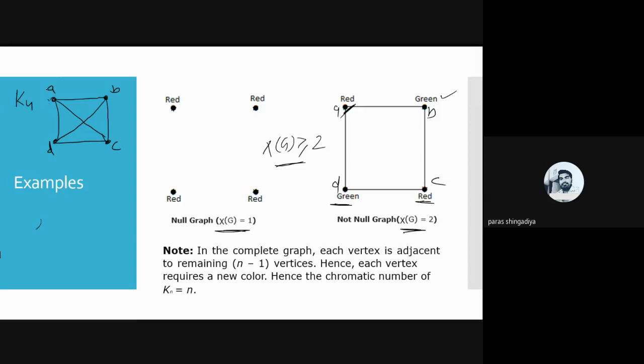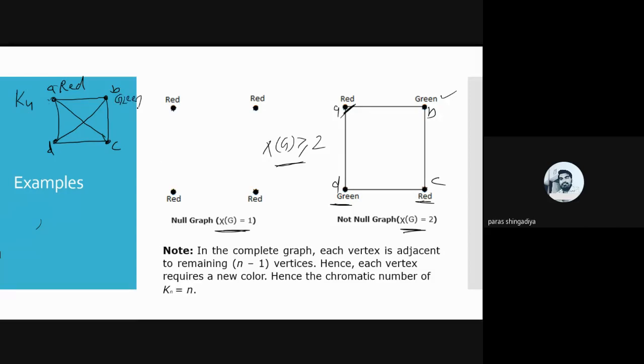Okay, so start with the vertex A. So let us start with the red color. Okay, I fill this vertex by red color. So now I cannot use red color to the place B, C and D. Why? Because A is adjacent with all the remaining 3 vertices. तो यहाँ पे कहीं पे भी रेड कलर यूज अब नहीं कर सकता, ठीक है. There is no possibility there.